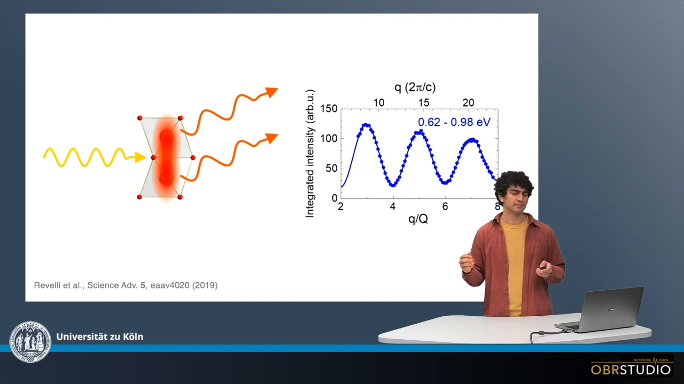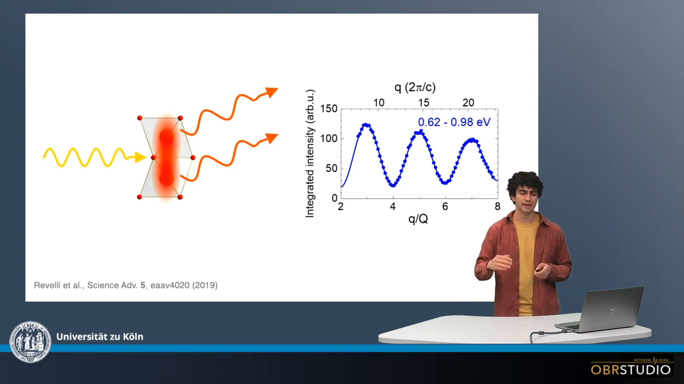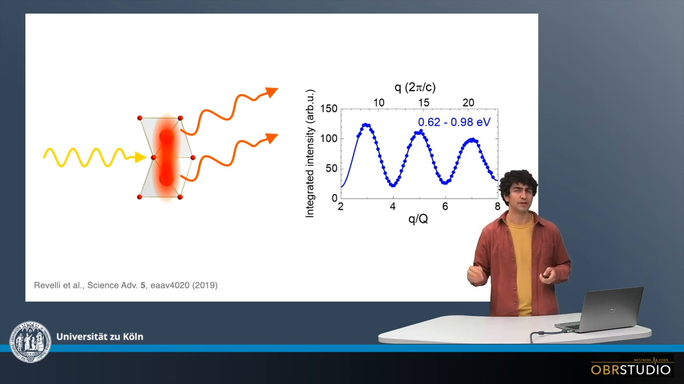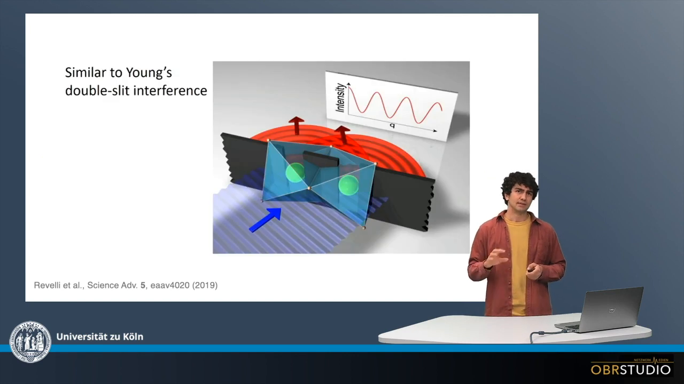So what happens in quantum mechanics is that you have a superposition of the X-ray scattering on one side and on the other side. And this superposition can give rise to an interference. So you can have maxima and minima depending on the geometry. This is reminiscent of